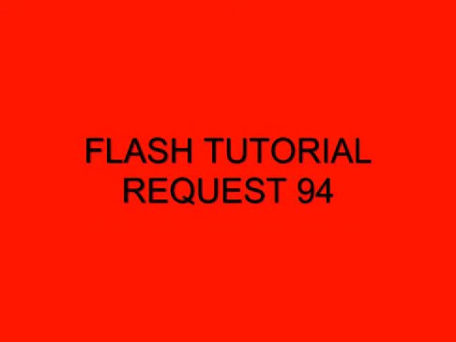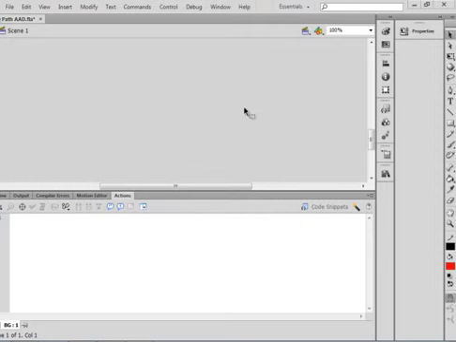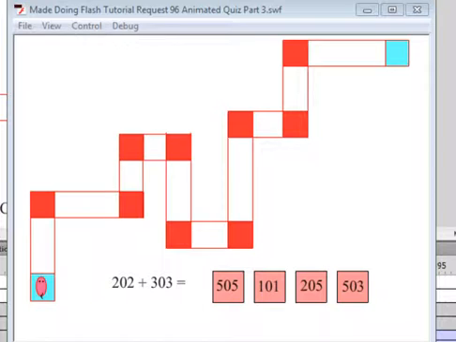Welcome to Flash Tutorial Request 94, Animated Quiz. This is a little animated path that a player will be on, and at different points in the path they'll be asked true, false, multiple choice questions. When you finish this set of 3 or 4 videos, you'll have something like this, where you're given a